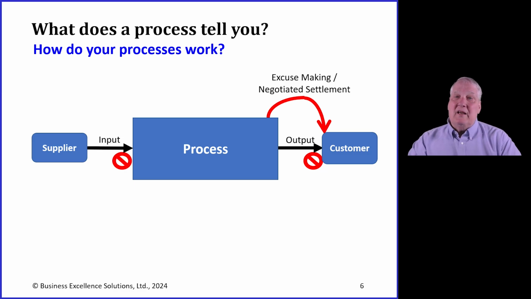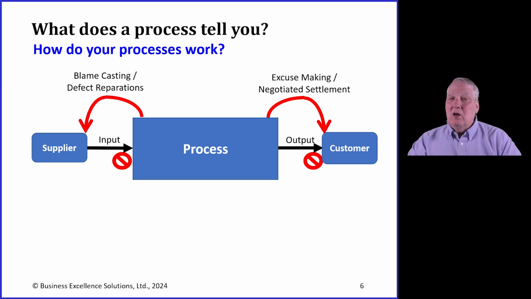If we take a look at the input side and we see we don't have good situations there, then we start getting into blame casting. Let's blame the suppliers. What workers didn't do it, which factories, what materials were wrong. And then we start looking at getting defect reparations. So again, here we're looking at shifting liability to the suppliers. And as we start seeing, this is all legacy thinking. This is no longer acceptable when we have a strong quality component in the way we have built our business